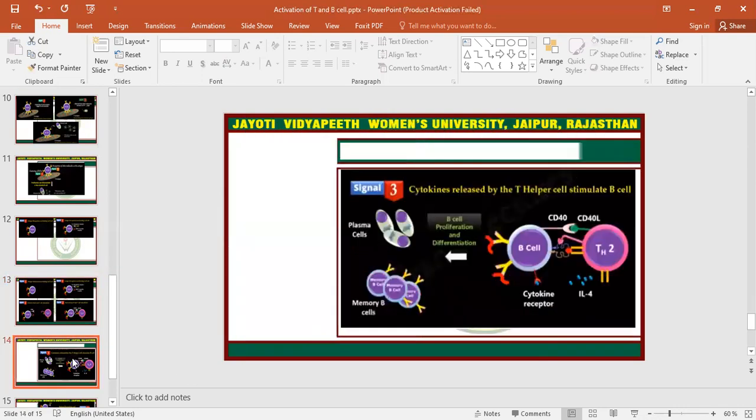After activation, the B cell will get proliferated in various numbers, and after proliferation the B cell will differentiate into the plasma cells. After that, the B cell will also differentiate into the memory B cells,